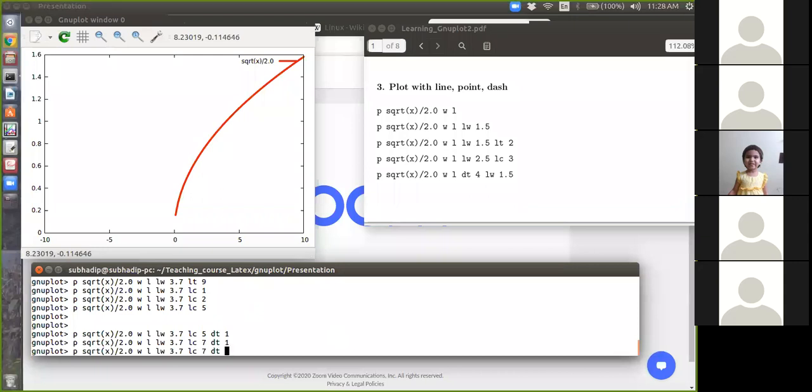So dot type 2, this dot will appear with larger dash actually. 3, what is 3? Let me check. This is actually dotted or smaller dashed. So there are many combinations of dashed and dot. I will give you dashed and double dot. Okay, and so on. So after some time it will start repeating again.